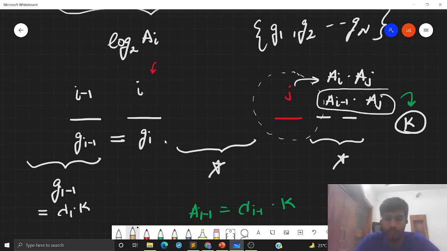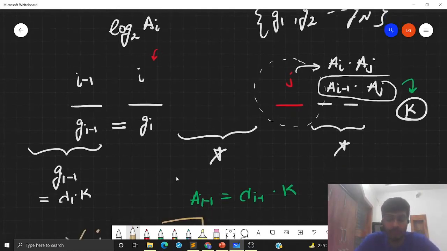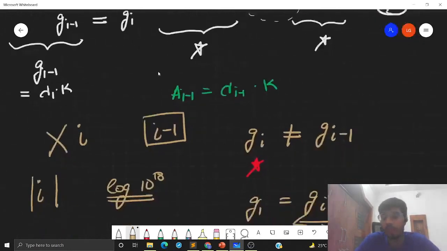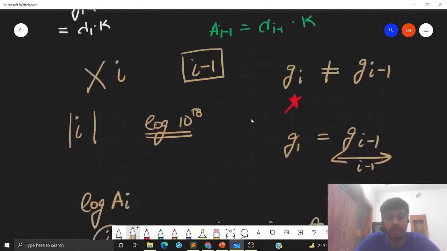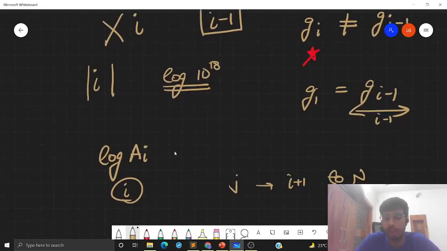So what we are saying is that if the prefix GCDs are not changing, then it doesn't make sense to iterate over this i as our first index. This is how we have shown this mathematically. And because there are only order log A_i such indices which will have this condition, we just need to iterate over all these order log A_i indices as our first index i.